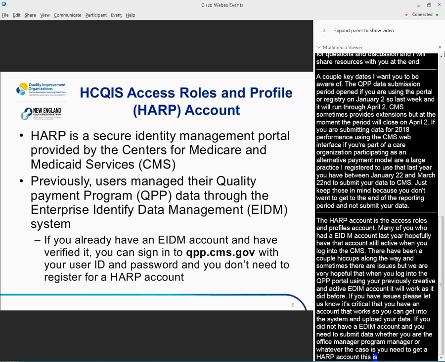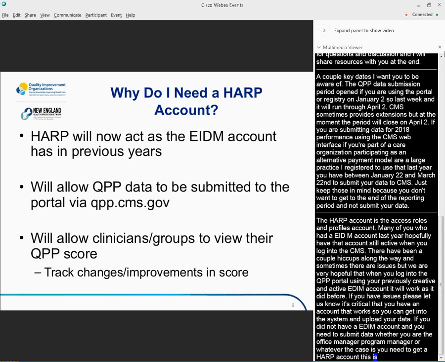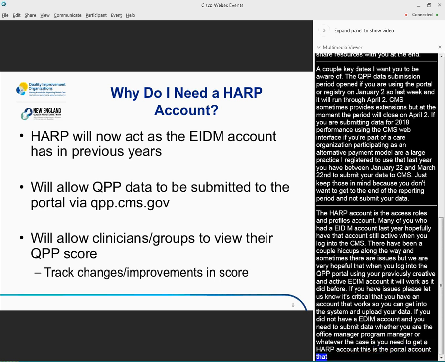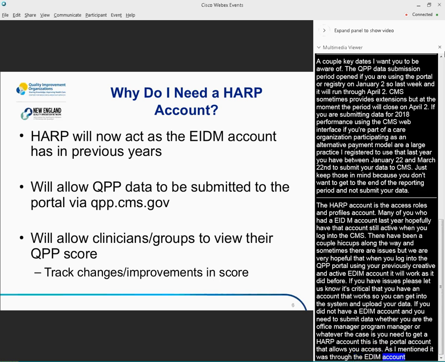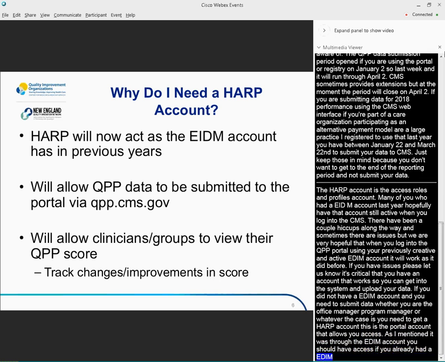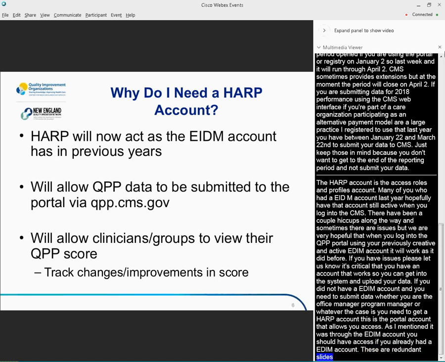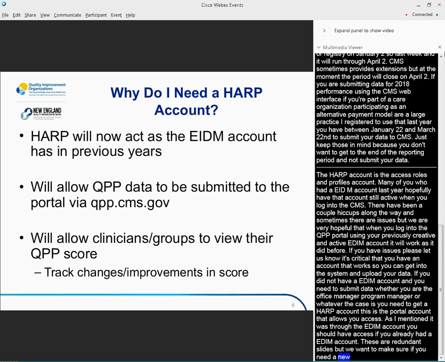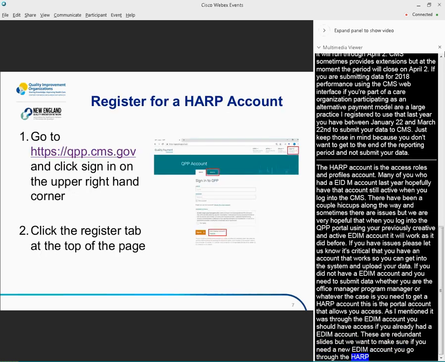Previously, it was through the EIDM account, and as I also said, you should have access if you already had an EIDM account. These are kind of redundant slides, but I just want to make sure: if you need a new account, you go through the HARP process, which we'll talk about. If you had a previously existing active EIDM account, you would go back through the portal and use your same login, password, and all of that.